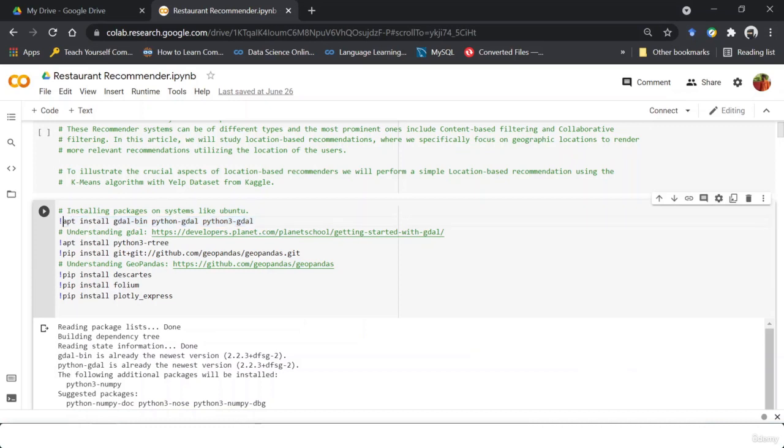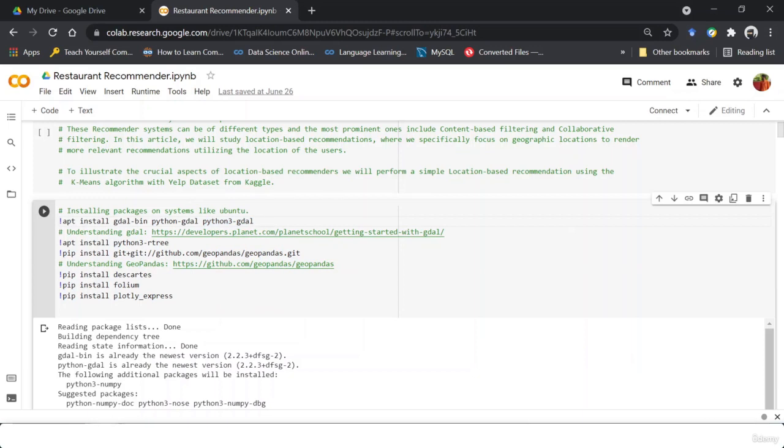This is basically an Ubuntu command telling that you have to install the GDAL library. First it downloads it and then it installs it from the bin, and it's telling that you have to use Python GDAL. This is for Python 3, so whichever is present, you can just download that.